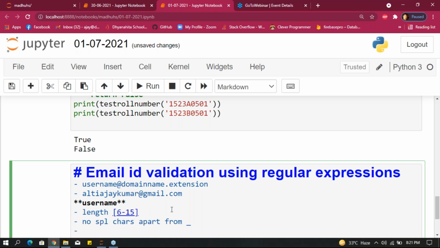For example, it should contain a char set. Char set means lowercase characters, uppercase characters.